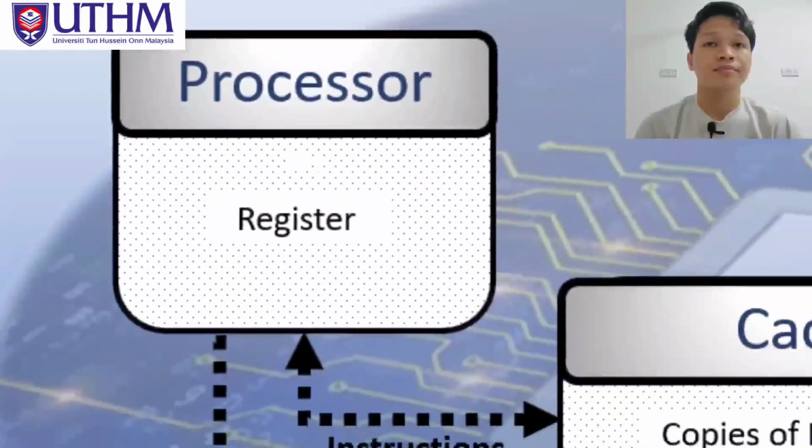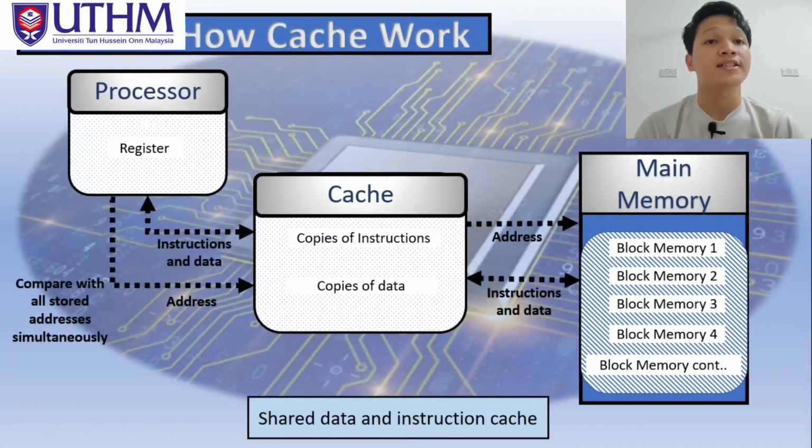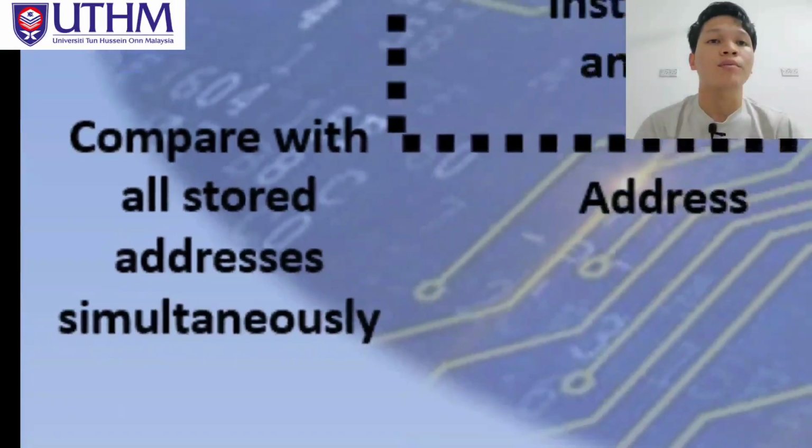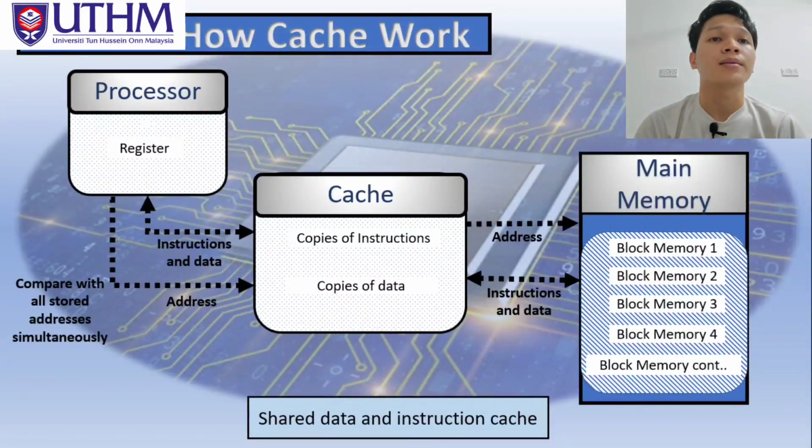From the processor, we know that it has a register that may hold instruction data and storage of address. The cache process occurs when the address in the register is transferred into the cache block. This is the compare part that my friend has explained: if the cache valid bit is 1 and the tag value is the same as before, it will be declared a hit, and it will copy the new data into our cache table and put the memory block data in the cache table also,